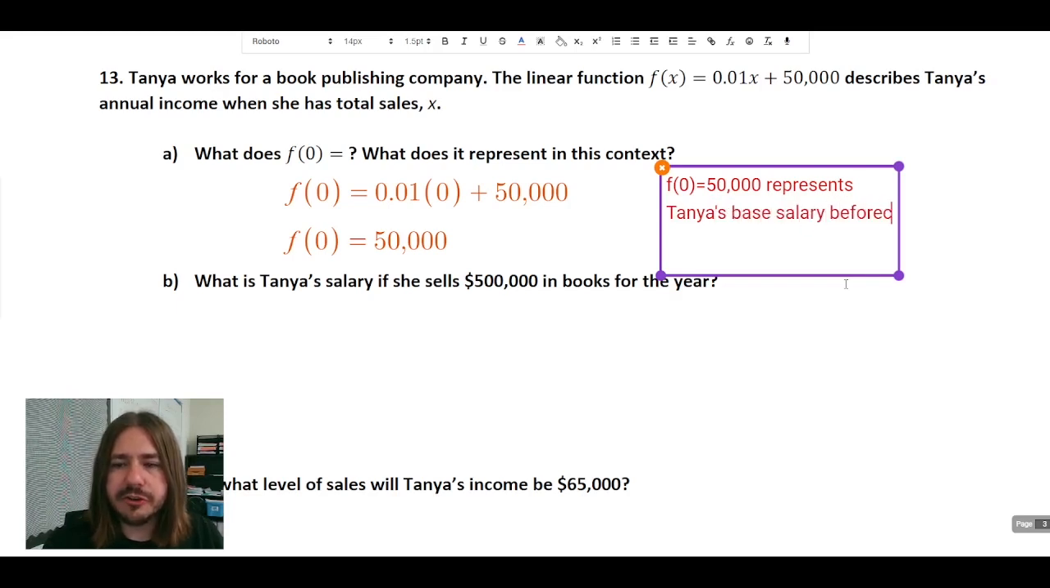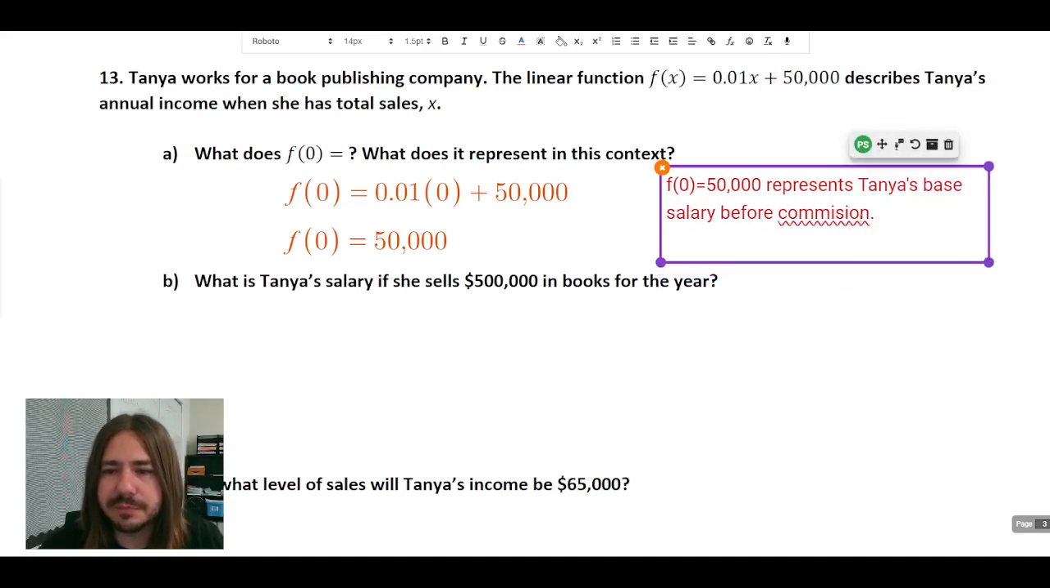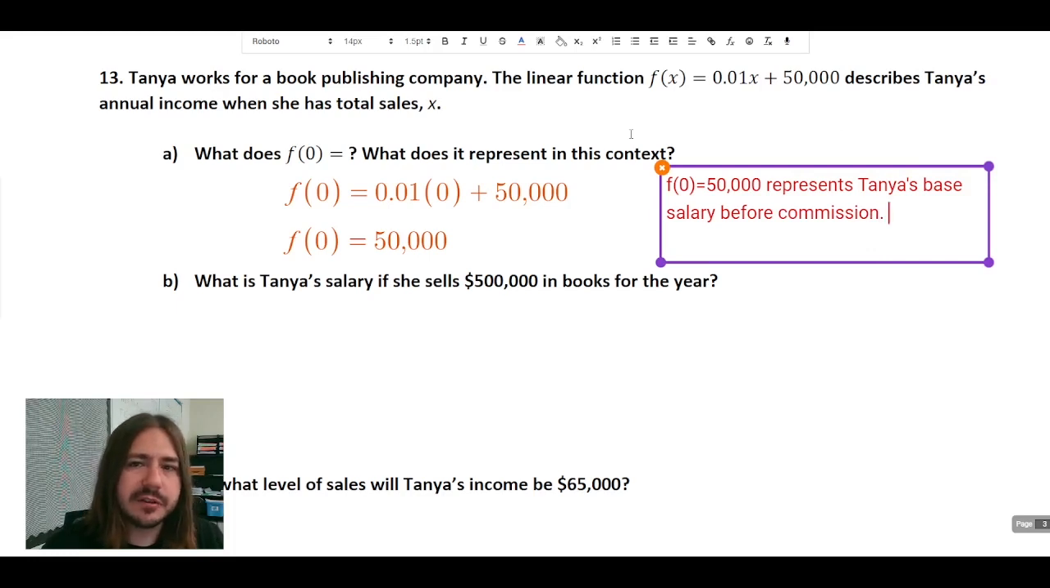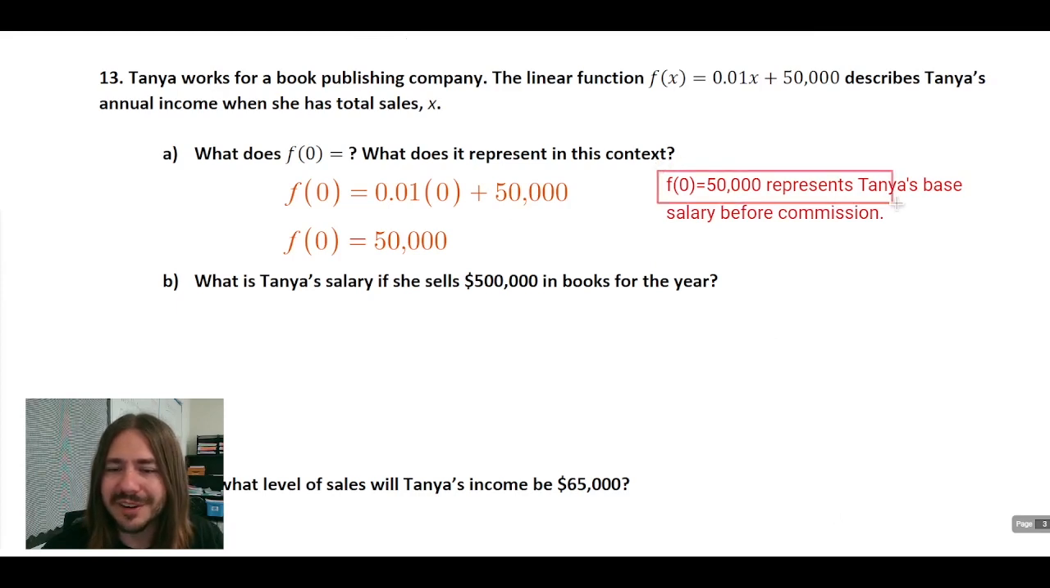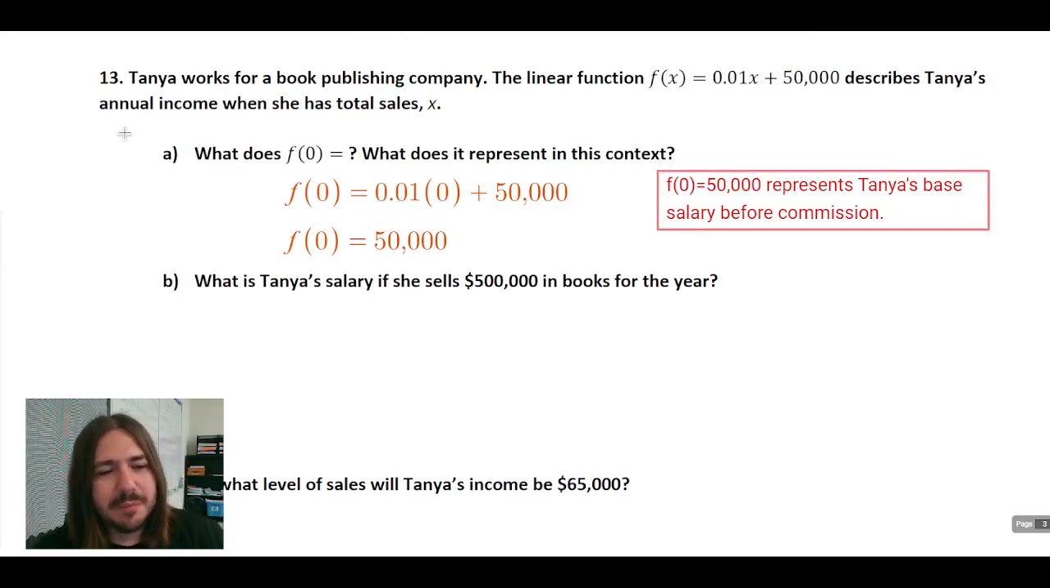before commission. So commission just means the amount of money you're making off of the sales, which would be that 1% of the sales before commission. In other words, she's going to make $50,000 even if she doesn't sell anything, although she might not be working there much longer. Okay. Part B says, what is Tanya's salary if she sells $500,000 worth of books in a